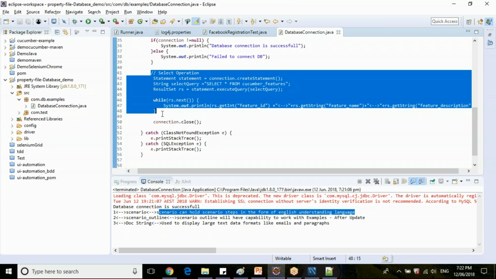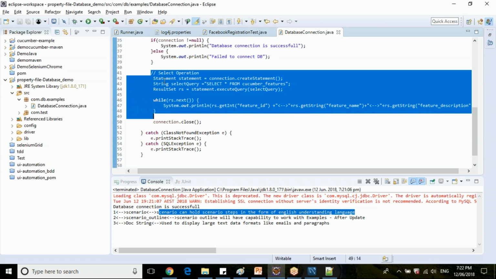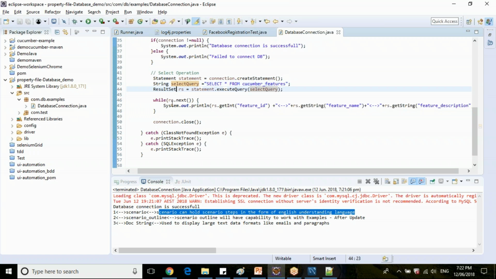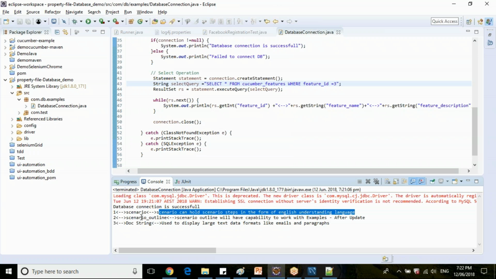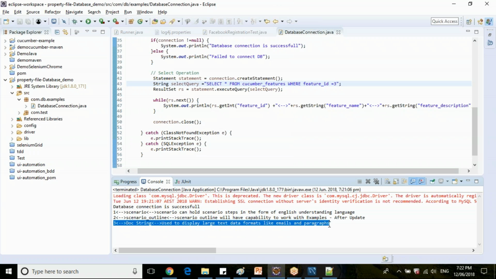We have written this code with a simple query and a result set, and we are printing that result set. If you are adding a condition here, we just need to change the query, whatever condition you are using there, and fire it on MySQL. So what is our actual output? It should return only this particular row.